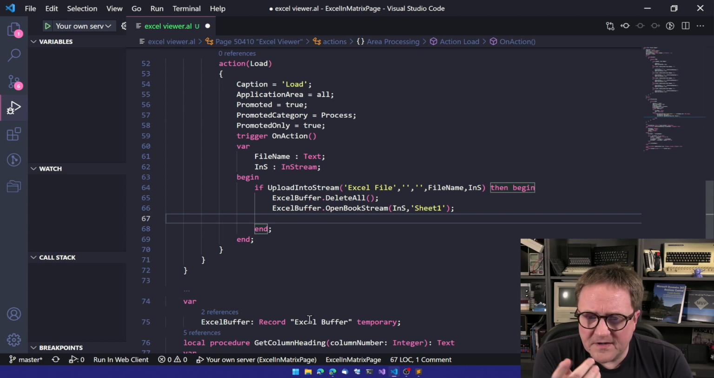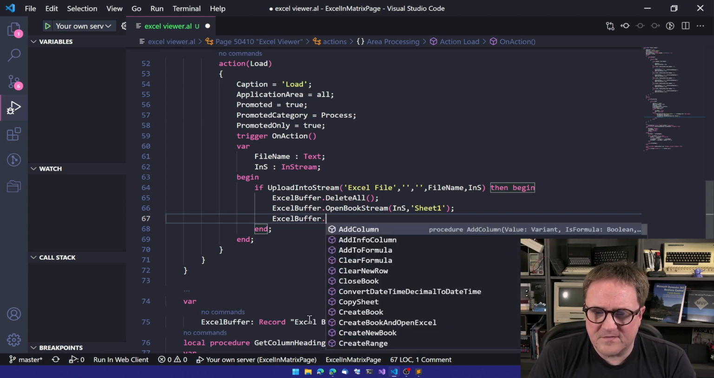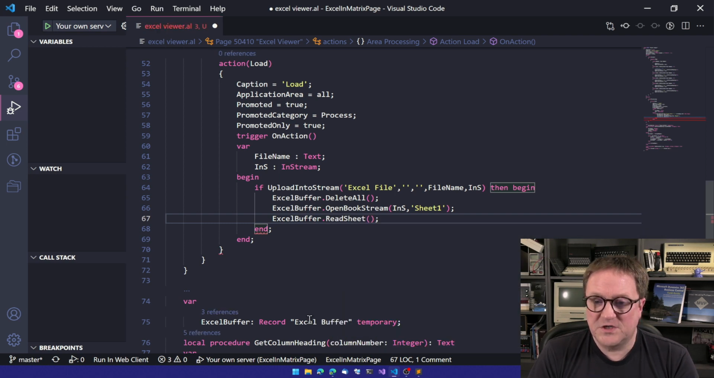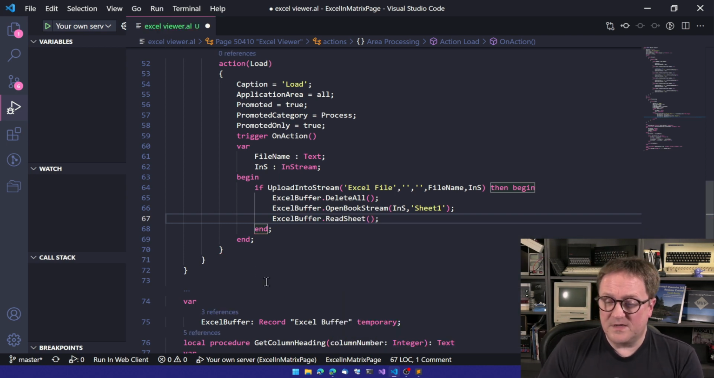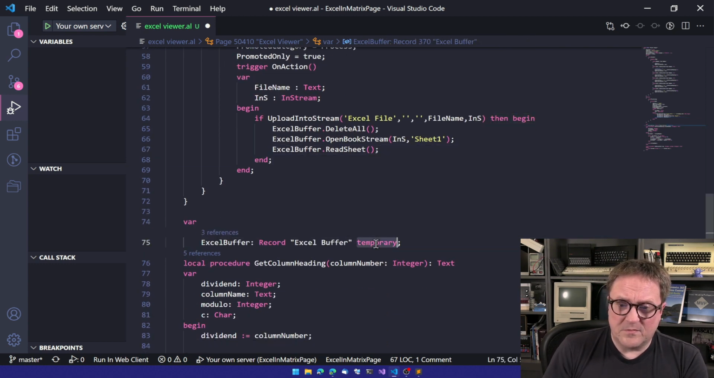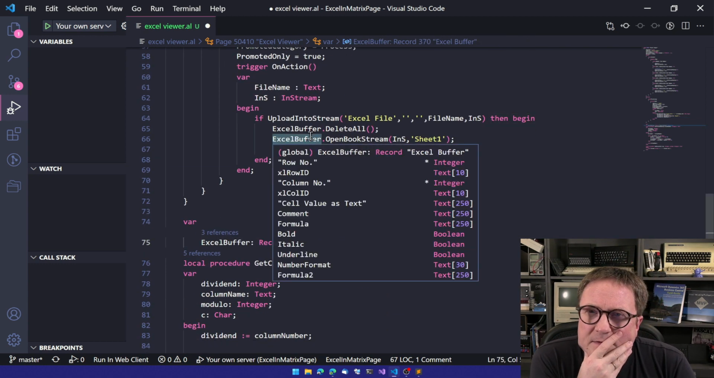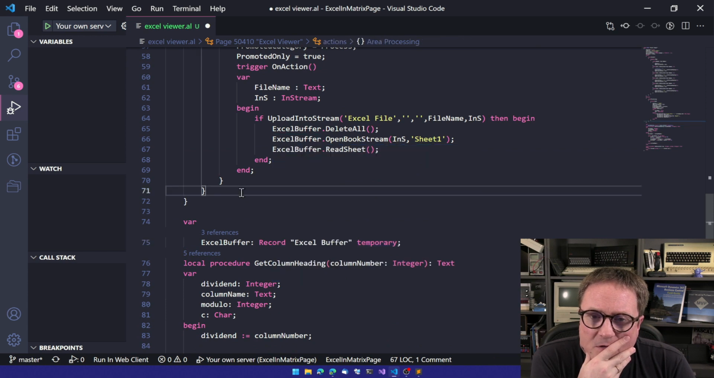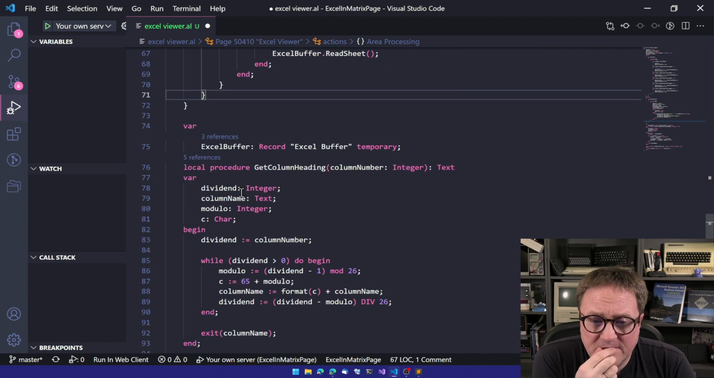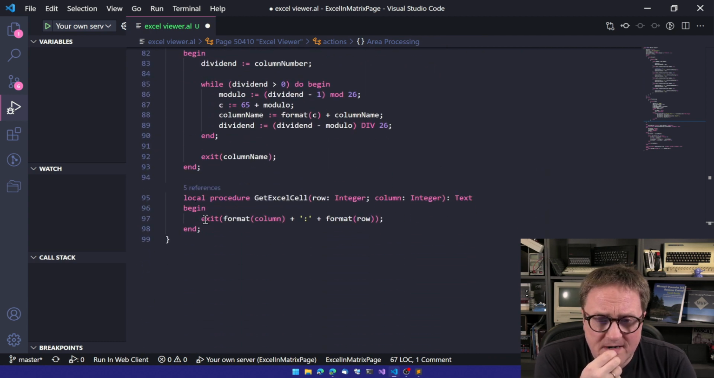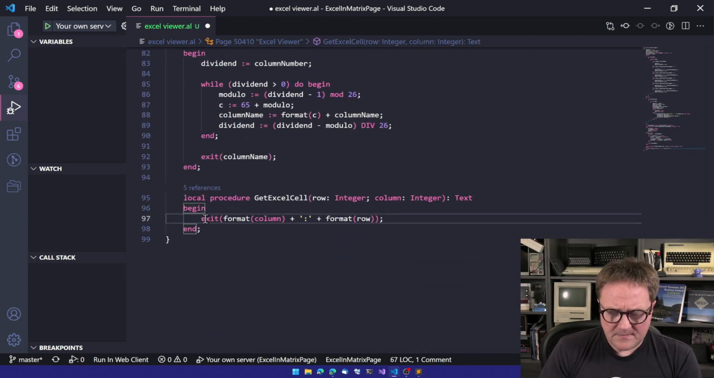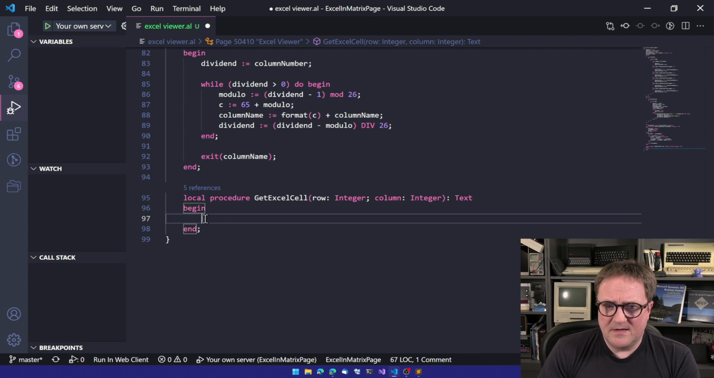So after you have done this, you actually need to read it. This is kind of weird. You need to do read sheet in order for this to be written into the temporary table. So now we have the Excel data, so we can actually go down to this guy now, where we want to get the